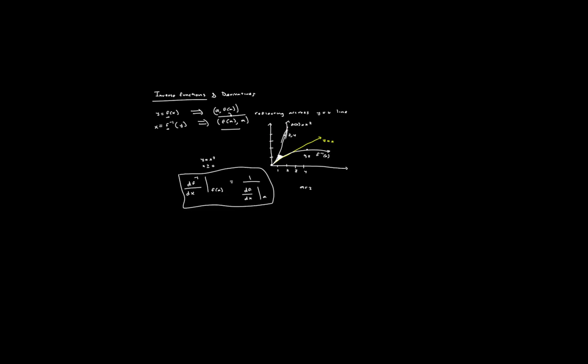So we have this slope here that we're finding. It's the slope of the line at x equals 2. And now we're reflecting that across the y equals x line, and when we reflect that point, we get (4, 2), right? And so on the inverse function, when we want to find the derivative of the inverse function at point 4,